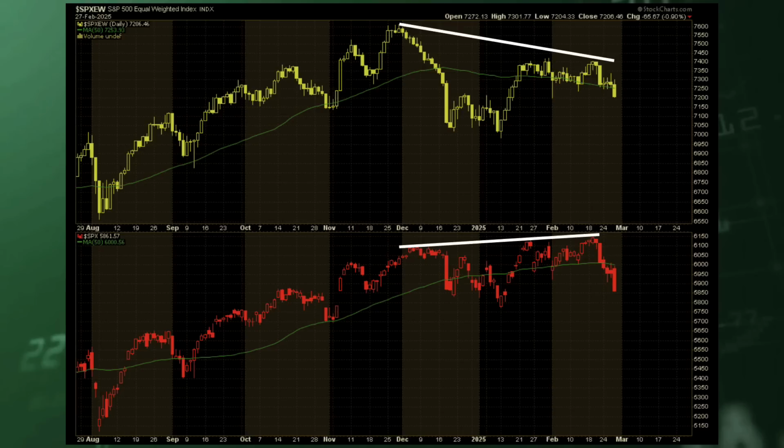We can talk about inflation concerns. We can talk about potential economic slowdowns. We can talk about market concentration. We can talk about all different types of stuff. One thing that I can call out via a chart and kind of give you an idea why there's so much fear